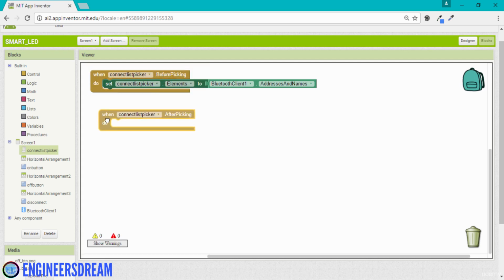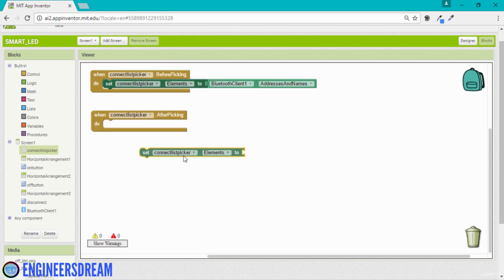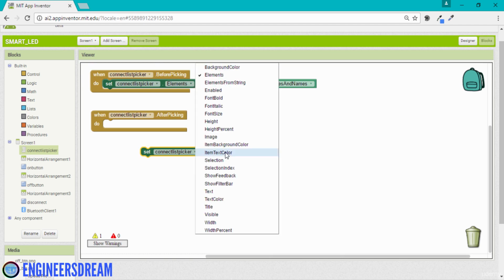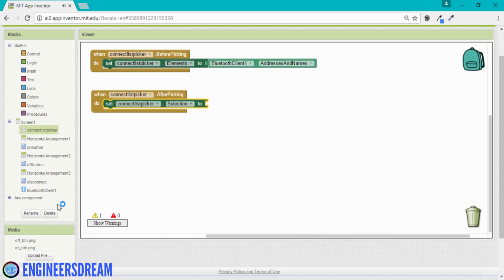Now once I've finished with the before picking block, next I'll again go in list picker, and this time I'll choose a block which says after picking. Now the after picking block will be executed after you select any option from the list. So I'll again go in the list picker, and I'll again drag this green block, and this time I'll choose a property which says selection, as we are going to select an option from the list. Okay, and once you select that option,